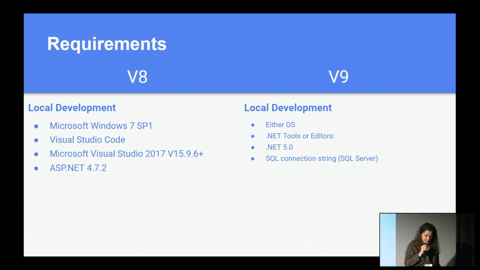Right, requirements. The Umbraco UI should work with all of the latest modern browsers for both. For version 8, the local development should be Microsoft Windows 7 or higher. You can code with Visual Studio Code or Visual Studio about 2017, and it needs to run on ASP.NET 4.7.2. This is Umbraco 8. And for Umbraco 9, it's again all the modern browsers,